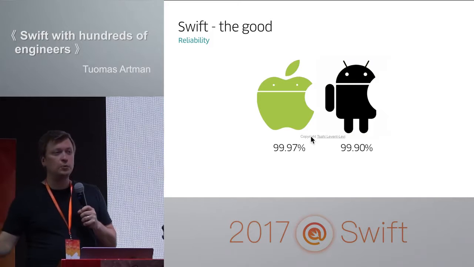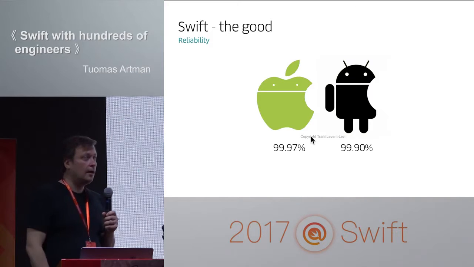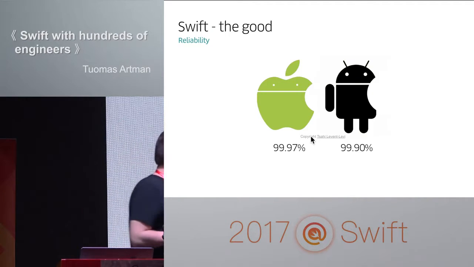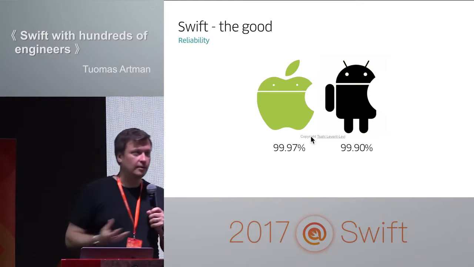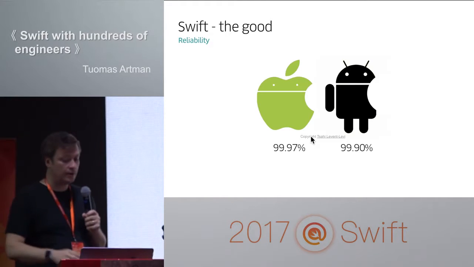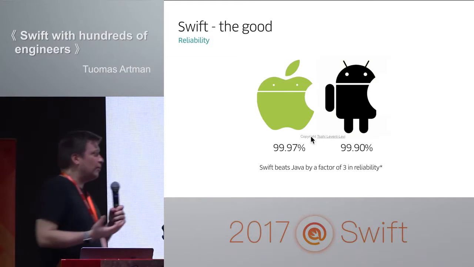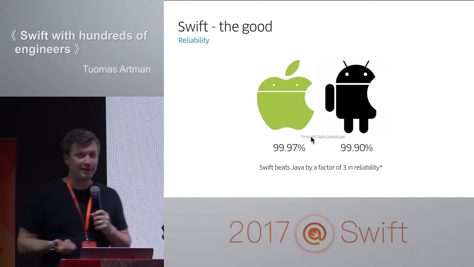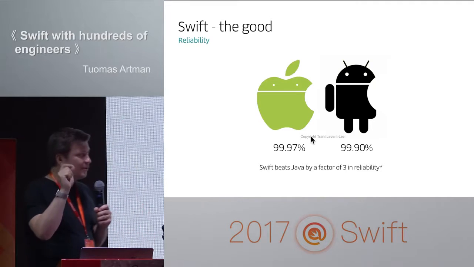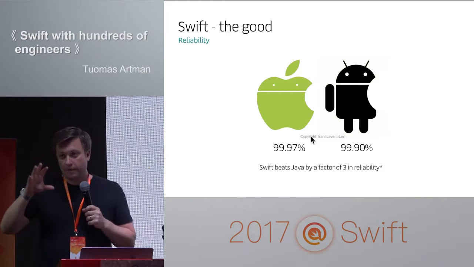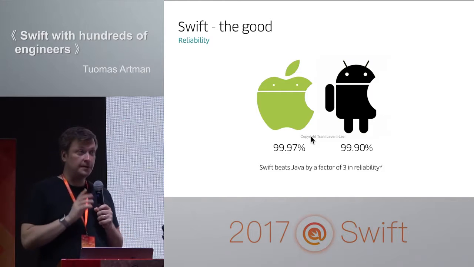And we did a ton of tooling on the Android side in order to get there. We had static analysis to figure out nil pointer exceptions, and we spent a ton of time with industry-leading experts trying to figure out how we can catch all the problems that you can do in Java code. And essentially, we can sort of say that Swift beats Java by a factor of 3 in reliability. Big asterisk there, not entirely true, might be different for you, but the big realization for us was that Swift